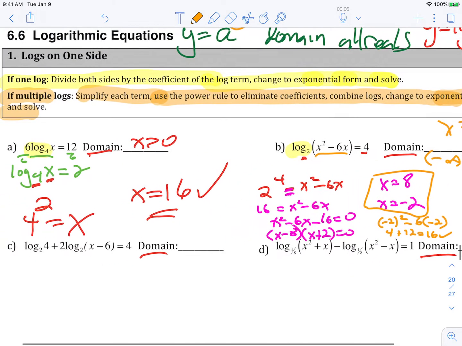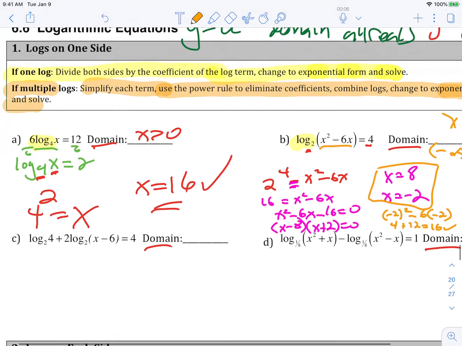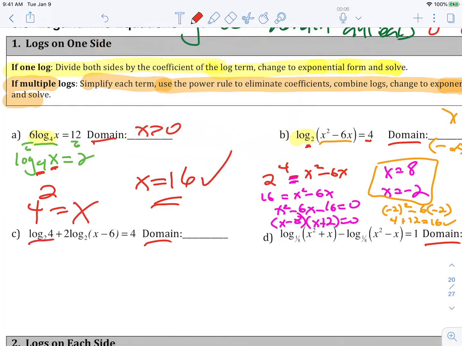Now, going back up to our directions here: if we have multiple logs, simplify each term, use the power rule to eliminate coefficients, combine logs, change to exponential form, and solve. So we have two logs here. We have log base 2 and we have log base 2. Thankfully, they're both the same. So now we're going to simplify this. We have this 2 out here, so we know we're going to bring it to the top. And now we have log base 2 of 4 plus log base 2 of x minus 6 squared is equal